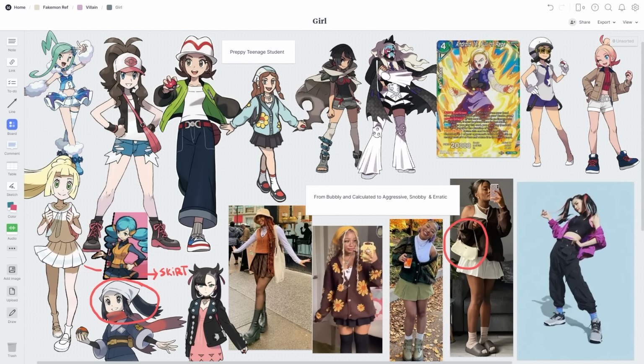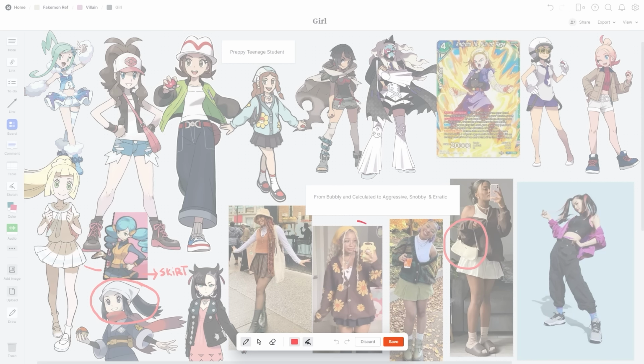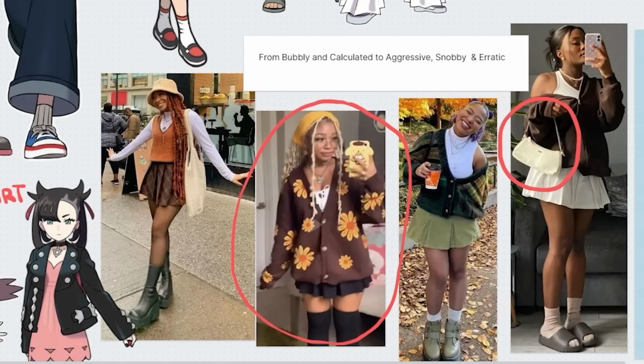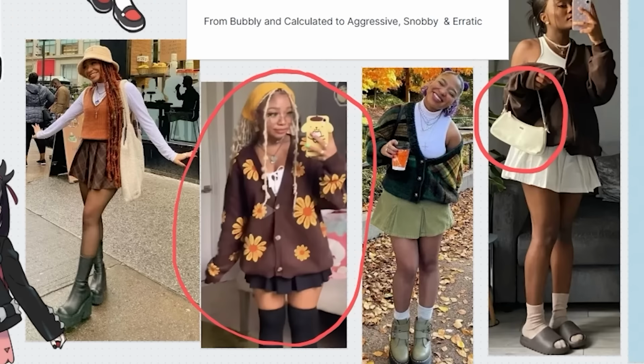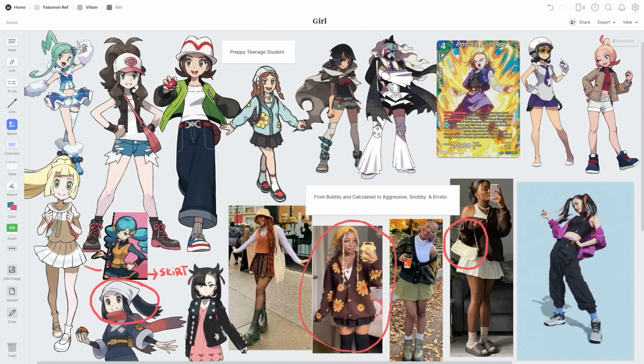Gemma was inspired by this preppy look that I just found. I looked at a bunch of different looks that a teenager would have. I thought this was the most stylish while not being too try-hardy. As high fashion as a teenager can go without being high fashion. It's not just what the popular kids are wearing. It's like, I have my own aesthetic, and I like clothes that can help convey that to other people. She's going for a specific vibe.